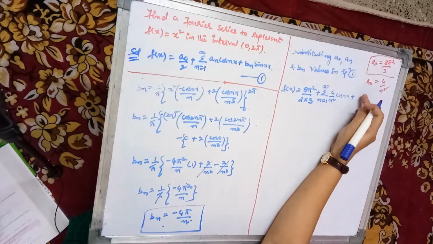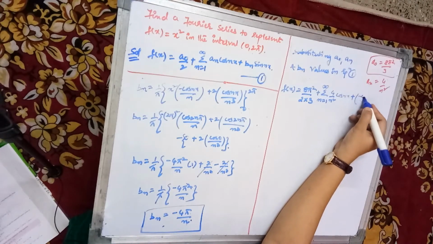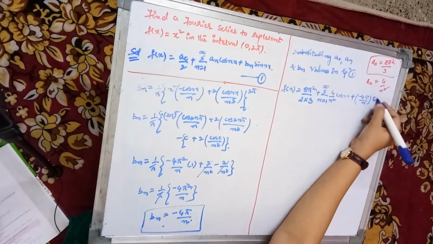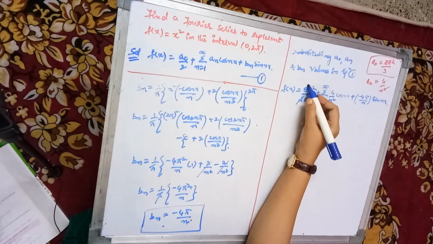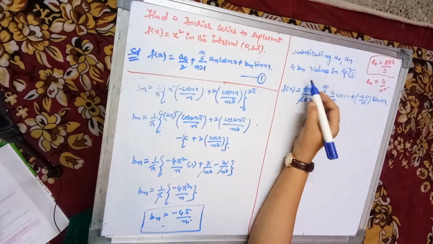What is your bn value? It's minus 4 pi by n into sin nx,